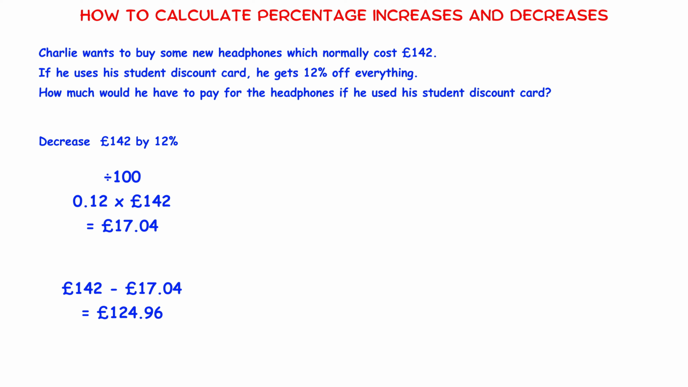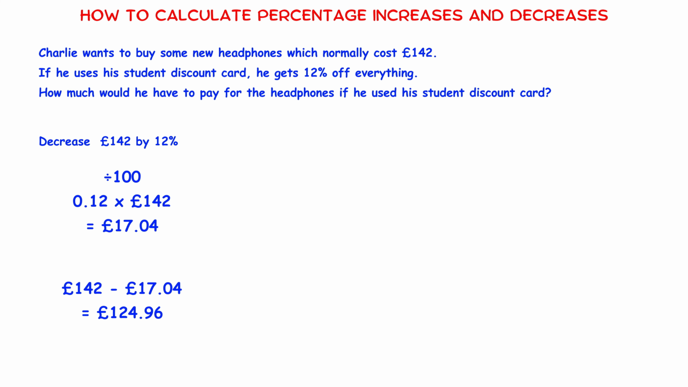So in this question, there are really just three important bits that we need to notice: the fact that the normal cost is 142 pounds, the fact that it's a discount, so we're reducing the price, and that the size of the discount is 12%. So if we take these 3 points together, we're really being asked to decrease 142 pounds by 12%. And this means that the first thing we need to do is convert 12 to 0.12 and multiply it by 142 pounds to find that the 12% is worth 17 pounds and 4 pence. Then we can subtract that discount from the original price of 142 to get the discounted price of 124 pounds